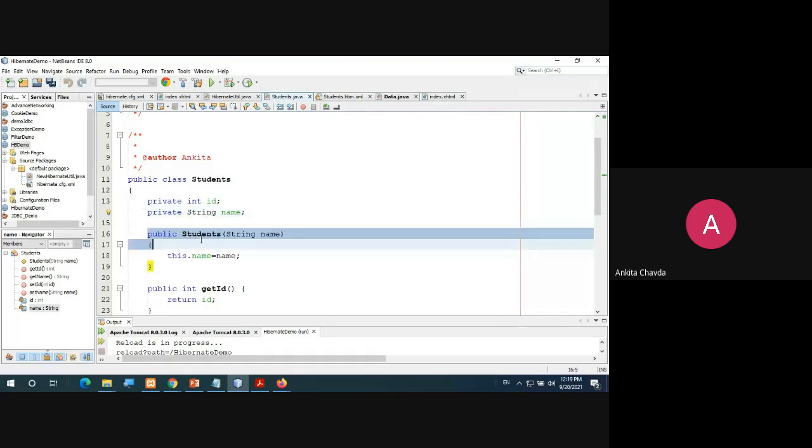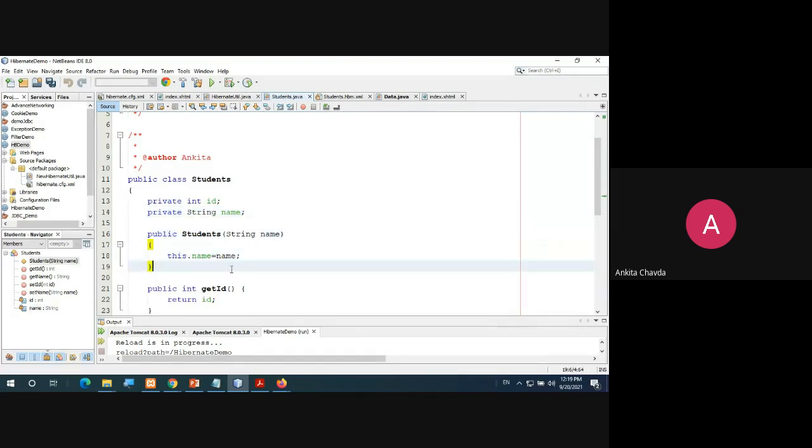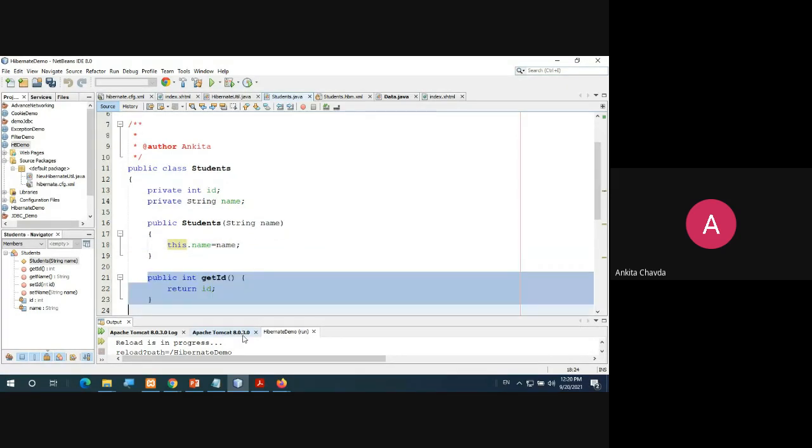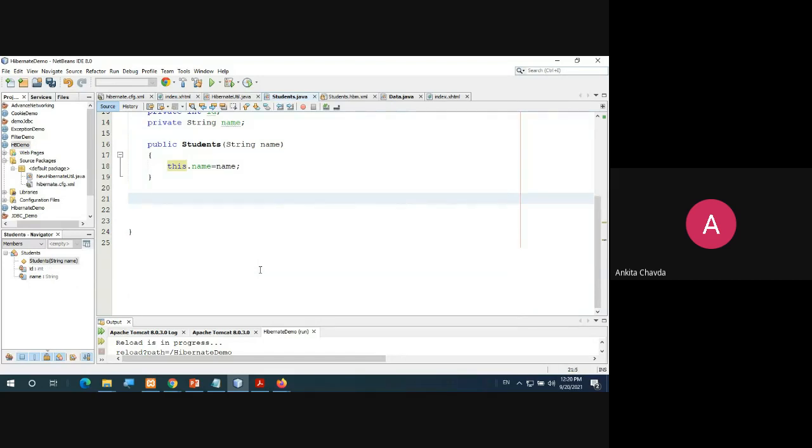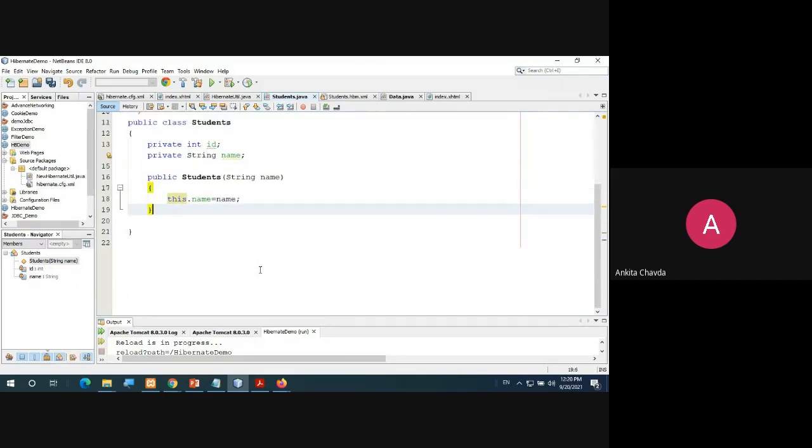Now I'm just providing one constructor which will set the name. Whatever I pass, that name will be set over here. It will simply set it, right? this.name equals name. And then there are the getter setter methods, which you can directly generate. If I delete this, I've written this constructor, right?